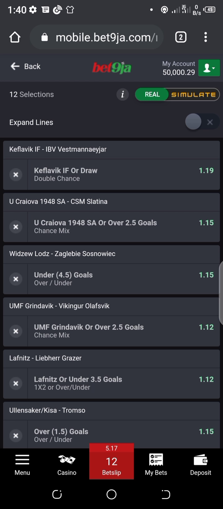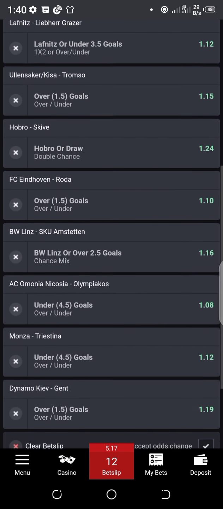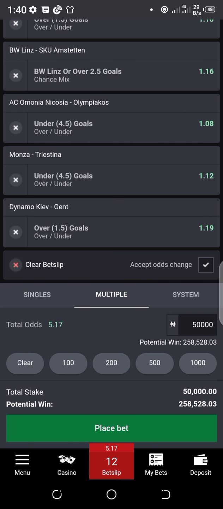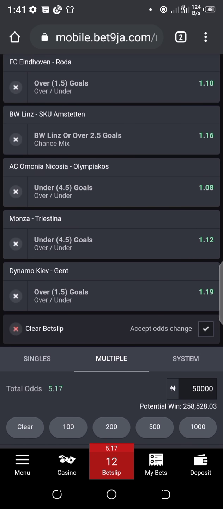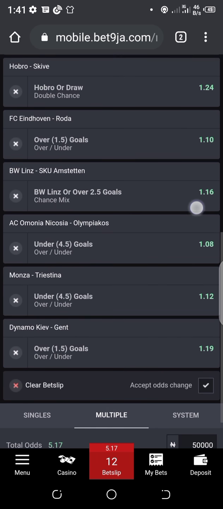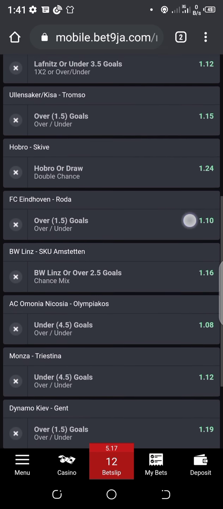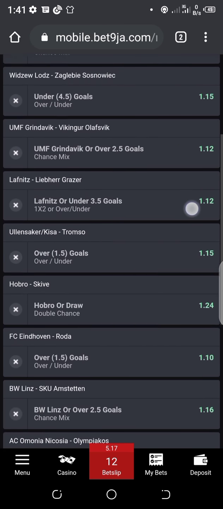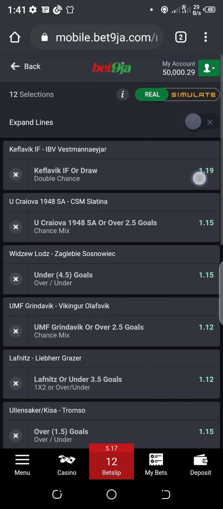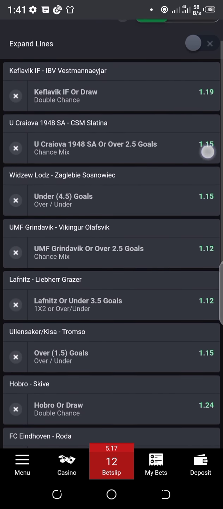You can see my account balance is 50,000 naira plus 29 kobo. So it's basically 50,000 naira. The 29 kobo there is useless to me. So I am going to stake this, but before that, I'll modify this bet slip. I'll do some little changes that's going to increase this odd to 5.30. But in the meanwhile, I'm still waiting to see if this odd is going to change by itself, because